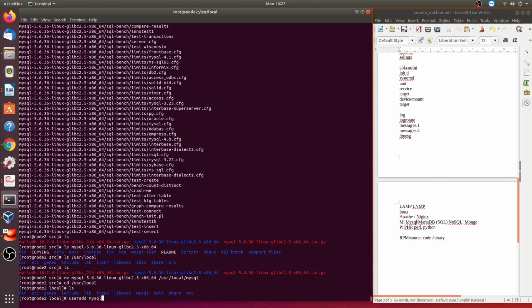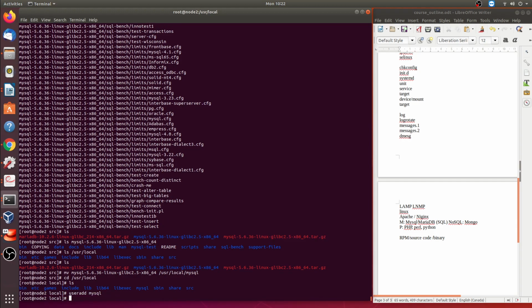For this mysql user, there's no one who will really use mysql to log in, right? They just use this UID when MySQL is running. No one needs to really use mysql to log in. So you can just add it, but no need to set a password. This is the security setting, so no one can use mysql to log in to your system. At the same time, we need to